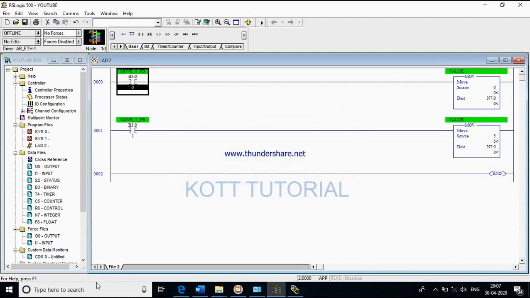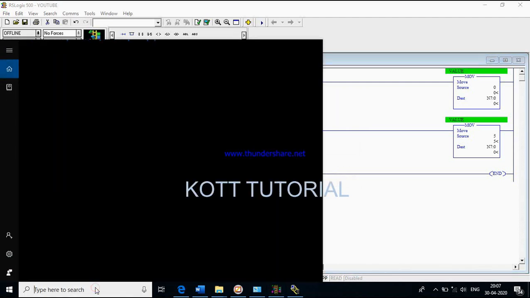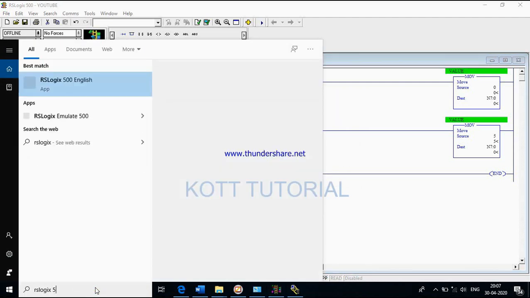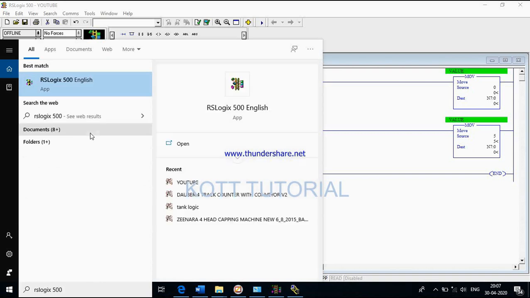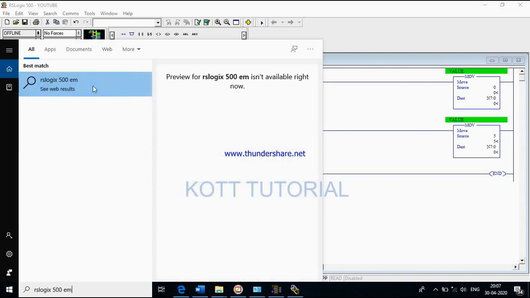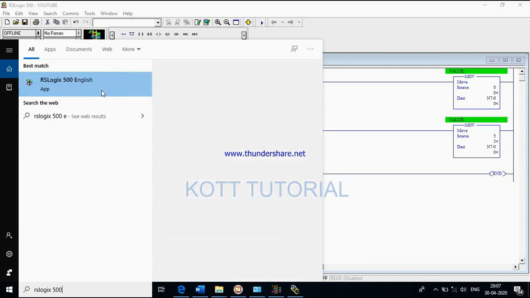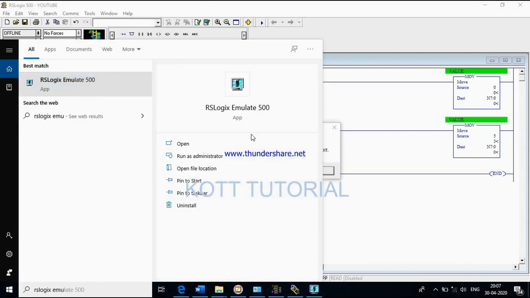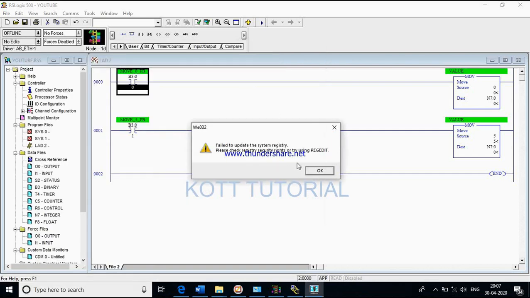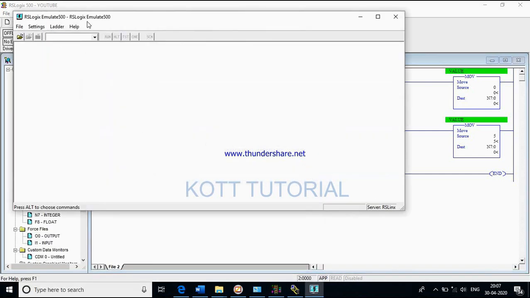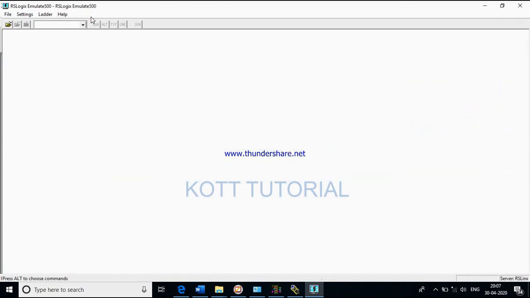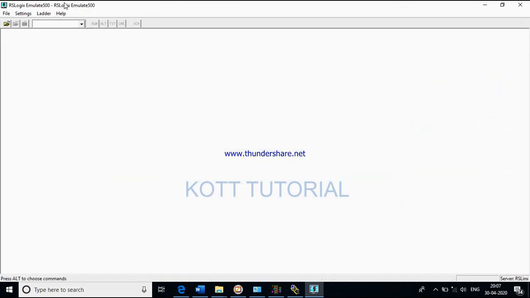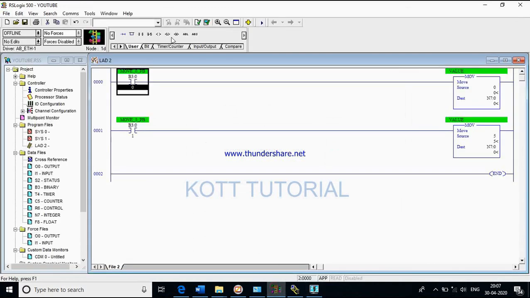Now the second step is to open the emulator, that is RSLogix 500 emulator. Now in this RSLogix Emulate 500, we have to open our RSLogix 500 program.